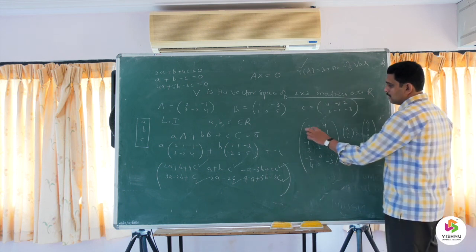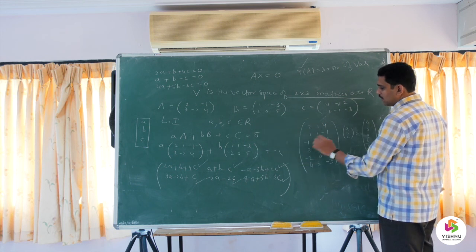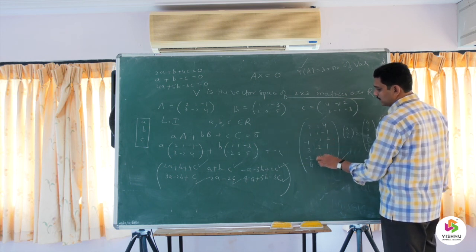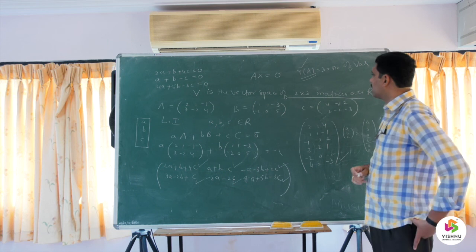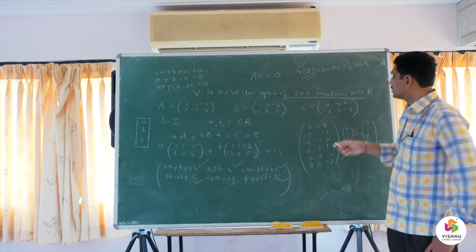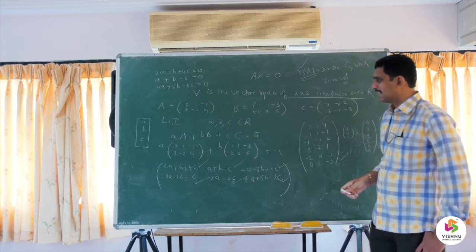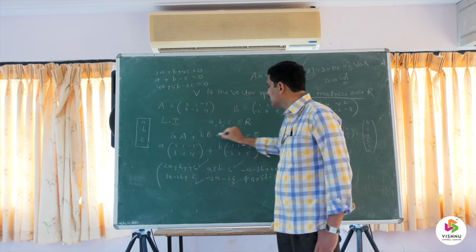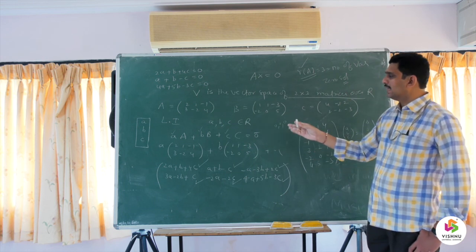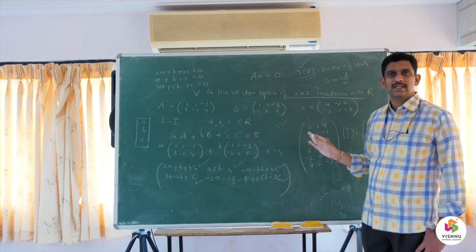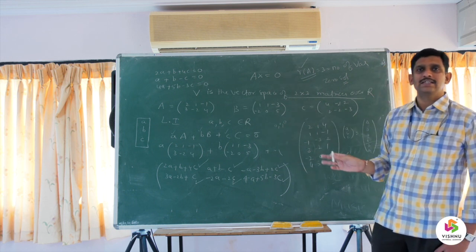So first of all, you need to make all the values below the first entry 0, applying row operations. Then all the values below the second diagonal element must be equal to 0. As and when you do, you will get that the rank of the matrix is 3, which is equal to the number of variables. Hence we conclude that the system has only the 0 solution. Therefore we say, when you substitute the scalars a, b, c as 0, 0, 0, only then will you get the linear combination as 0, otherwise you will get some matrix. Hence we conclude that the given 3 matrices are linearly independent in this system, right?